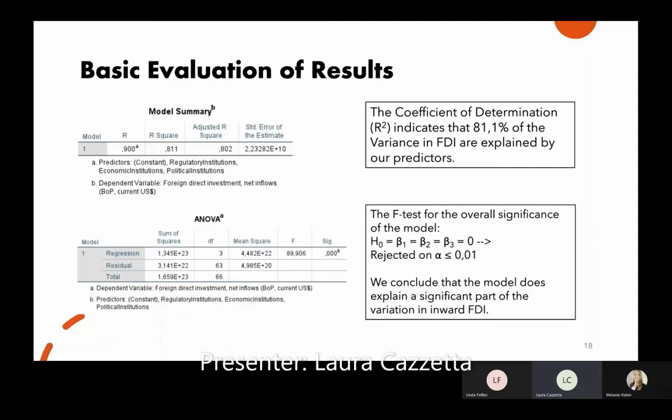We can also conclude that the model explains a significant part in the variation of inward FDI, since the F-test shows significance at the 1% level, which means we can reject the zero hypothesis, which means that there is a linear relationship between all our independent variables combined and the inward FDI. Next,